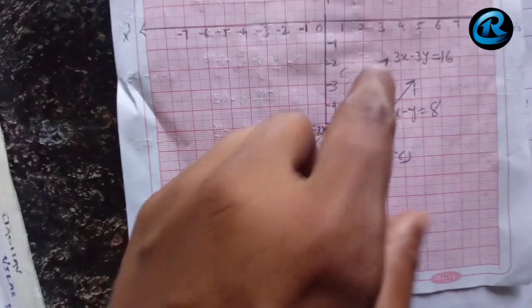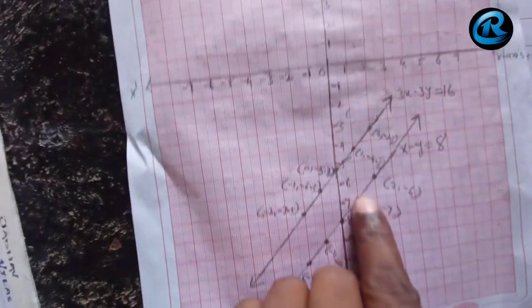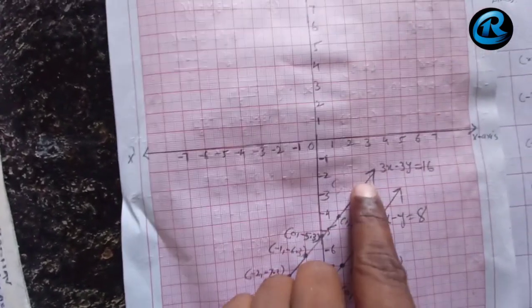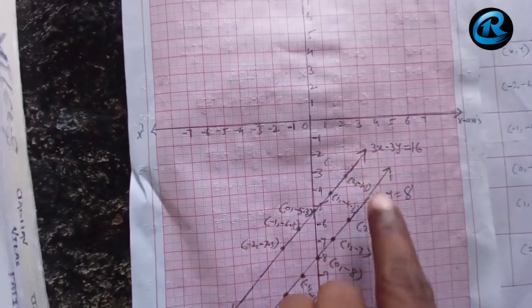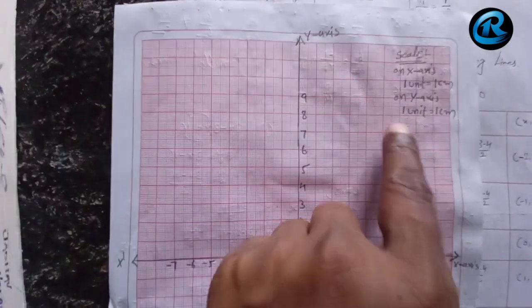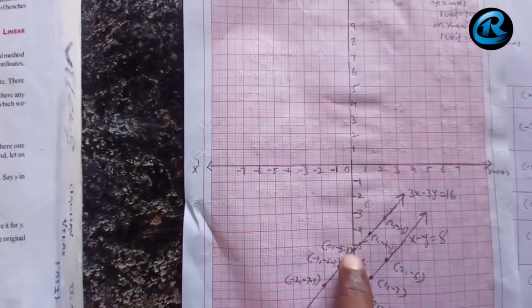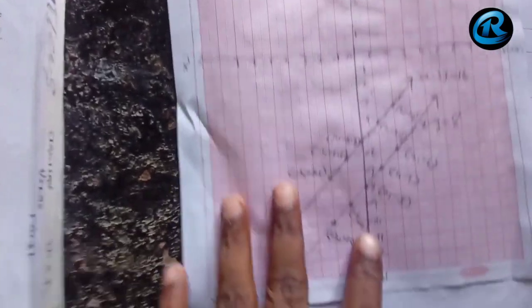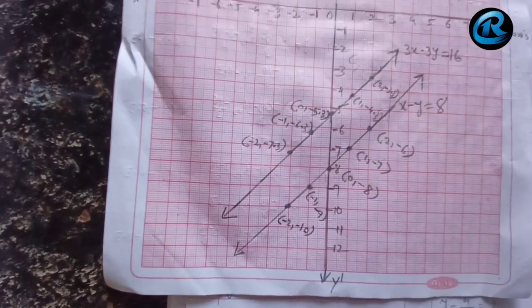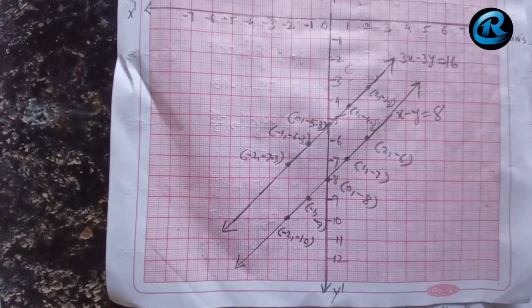the equation number 1 and equation number 2. Equation number 1 and equation number 2, I got it like this. Equation number 2 and equation number 1. The scale as it is, I have taken the same. By watching the numbers, you can know what scale I have taken. See the graph carefully and try to draw the graphs on your own.